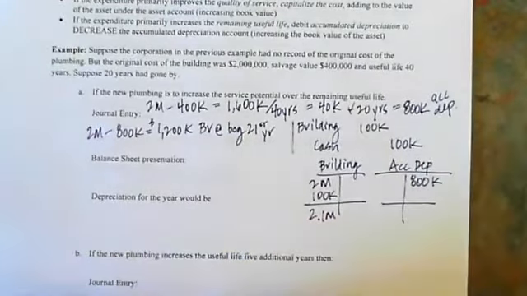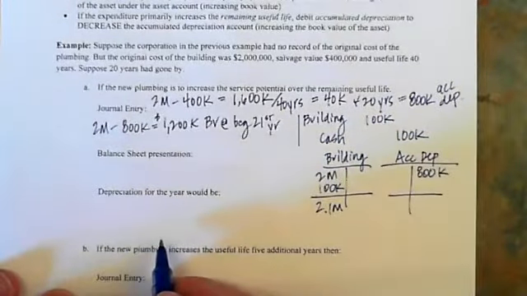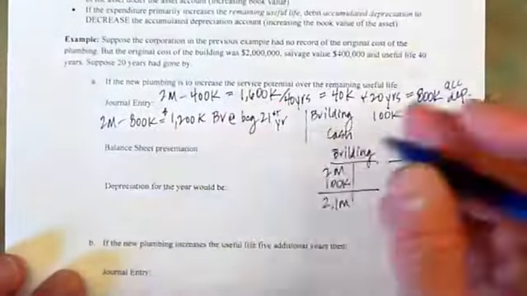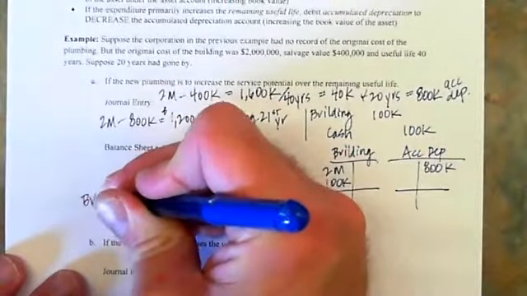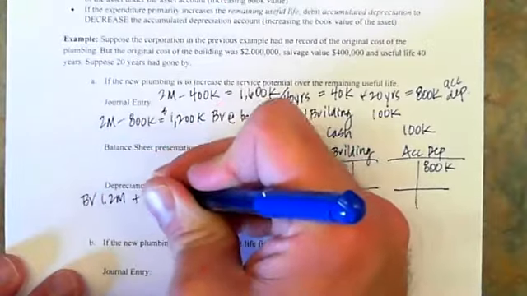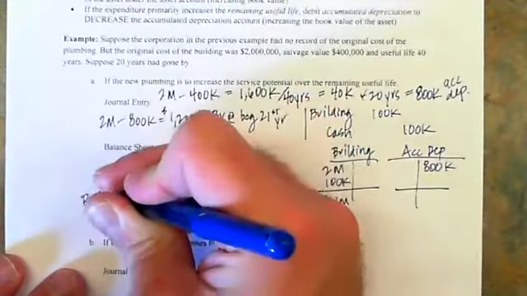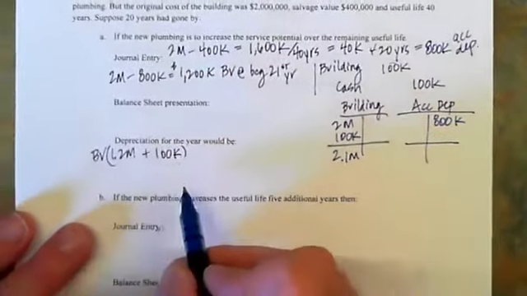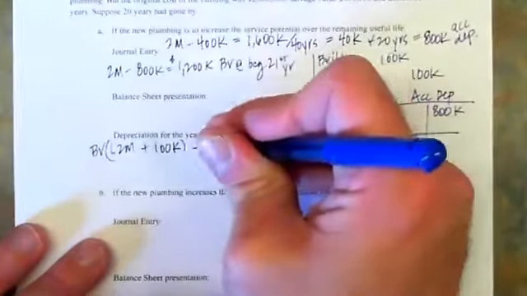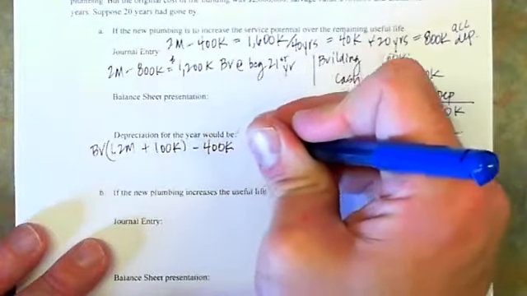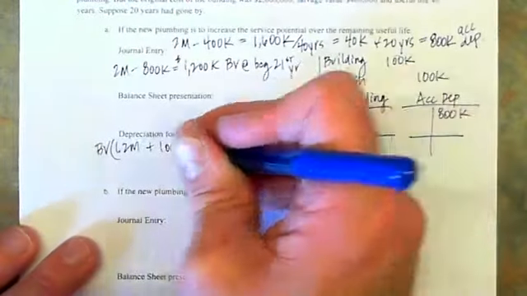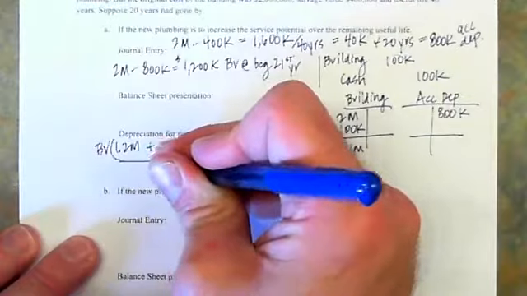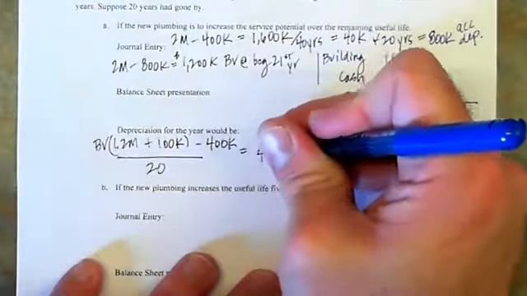Now, after I add this value to the building, my depreciation for the year is going to change because I had a book value of 1.2 million. I added the $100,000 improvement, which added to my historical cost. That's going to increase my book value. I subtract off the salvage that I'm working to, and the remaining years are going to be 20 years remaining. 20 years have passed, 20 years are still going. That's $45,000